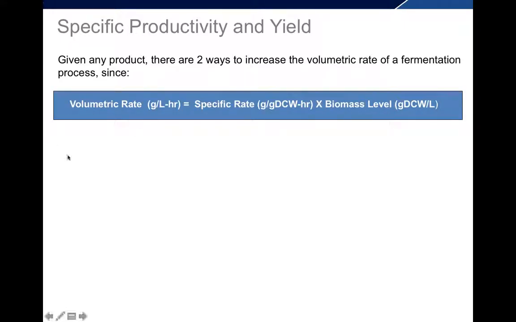And how do we improve the volumetric rate or specific rate? So given any product, there are really only two ways to increase the volumetric rate of a fermentation process. So the volumetric rate is equal to the specific rate times the biomass level. And so either you can increase the specific rate, so how fast each cell makes product, or the number of cells, right? Those are the two ways that you have, the two levers you have to increase the volumetric rate